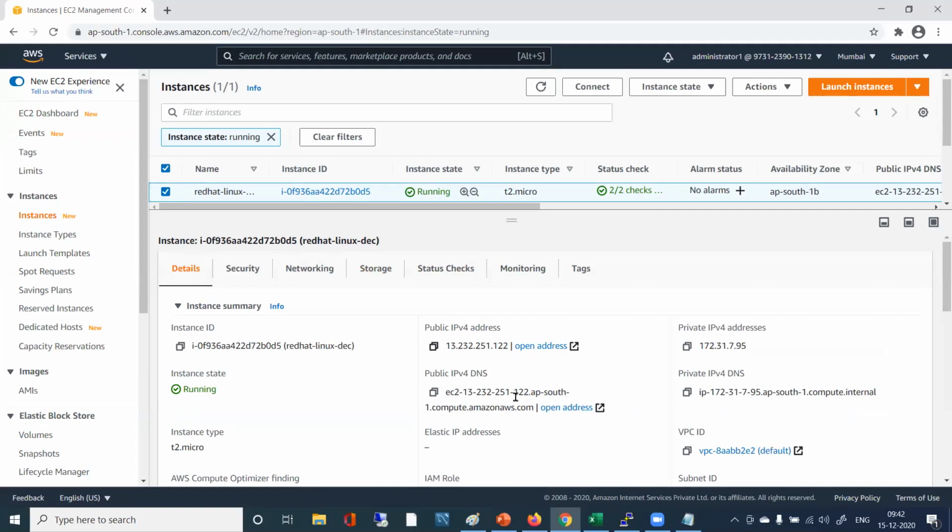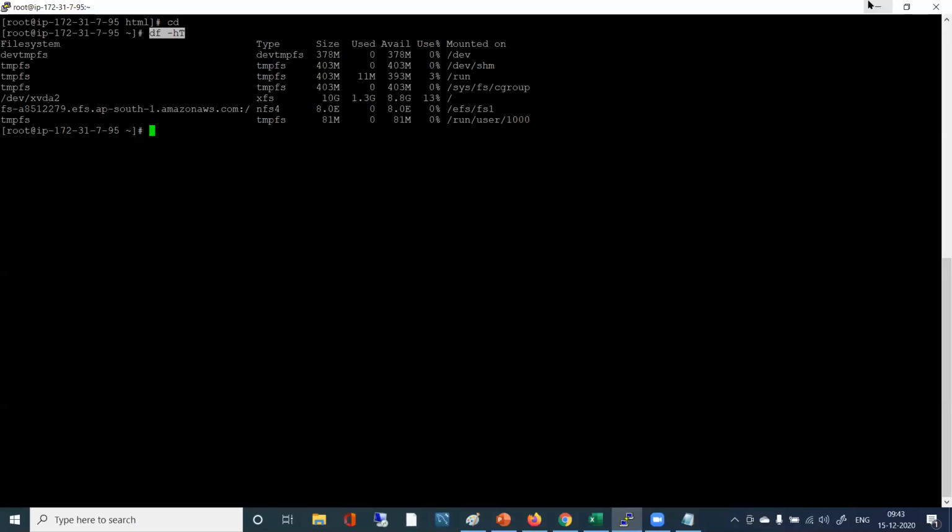Okay. Now I am in the root login. Perfect. So now you are in the root login. You just see this screen, right? Just run this command.